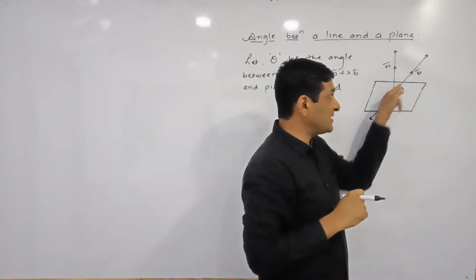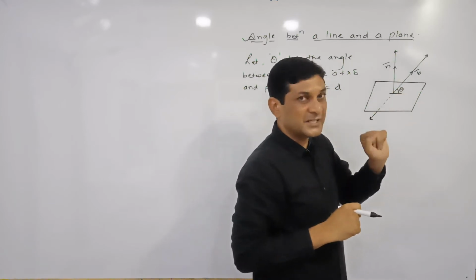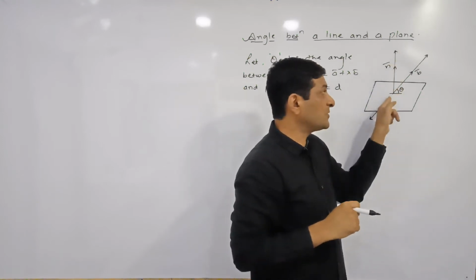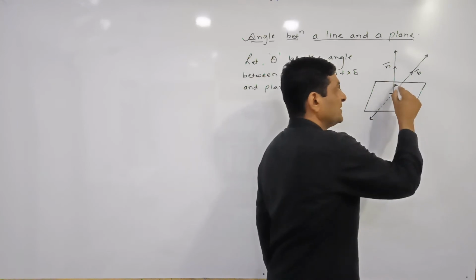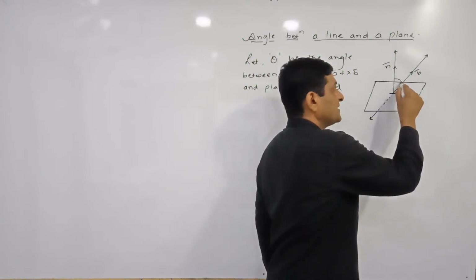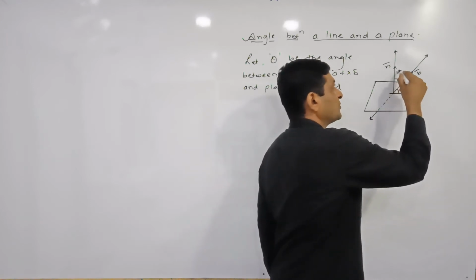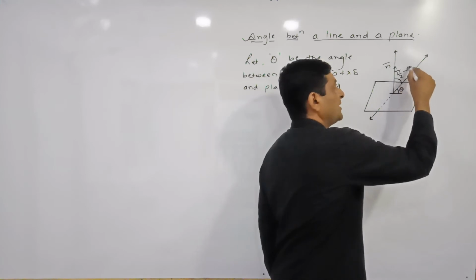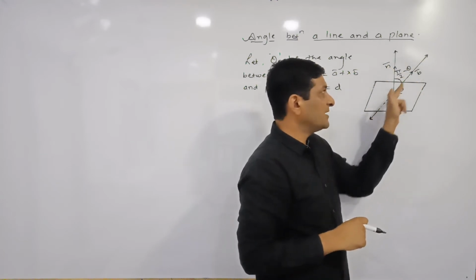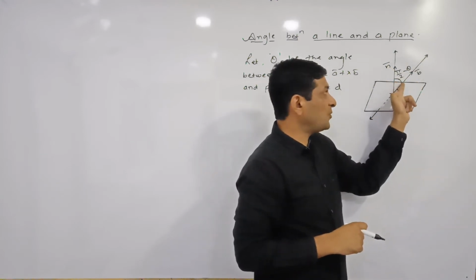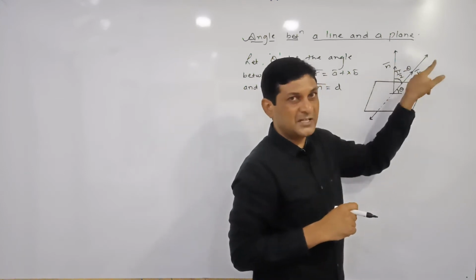Now observe it very carefully. The angle made by this line with this plane is theta, and the angle made by normal with this plane is 90 degree. Because normal is perpendicular to the plane, this whole angle is equal to 90 degree. So what will be the measure of this much angle? From this total 90 degree, subtracting theta, we will get pi by 2 minus theta, that is 90 minus theta, the angle between B bar and n bar. Is it clear? From this 90 degree, if we subtract theta, we get the remaining angle, means 90 minus theta.